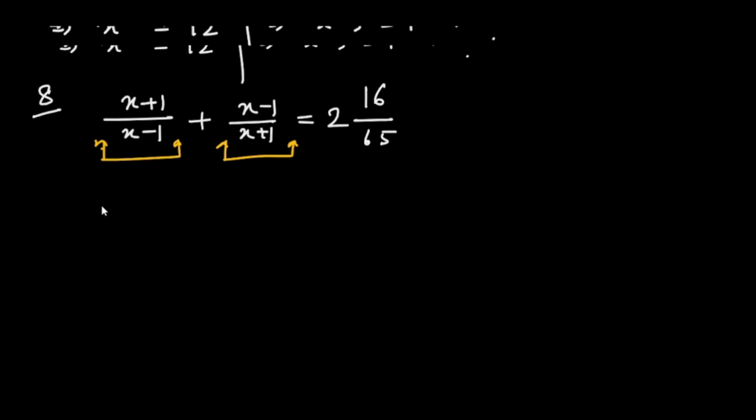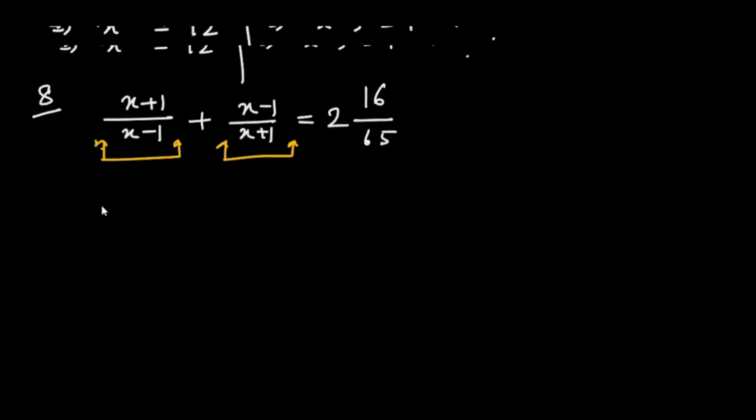Now, you know, there is a formula. The formula is (a plus b) whole square plus (a minus b) whole square, that is equals to twice of (a square plus b square). This is one formula. And another formula is (a plus b) into (a minus b), that is equals to a square minus b square. Both the formulas we are going to use here. In the numerator I am going to use the first one, in the denominator I am going to use the second one. So in the numerator, it will become twice of (x square plus 1). In the denominator, it will become x square minus 1. Right hand side, 146 by 65.